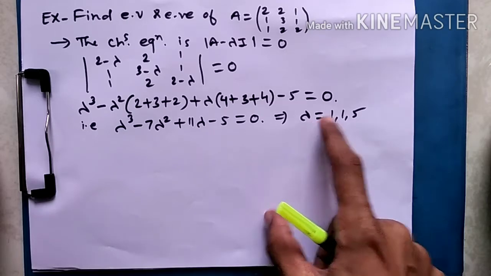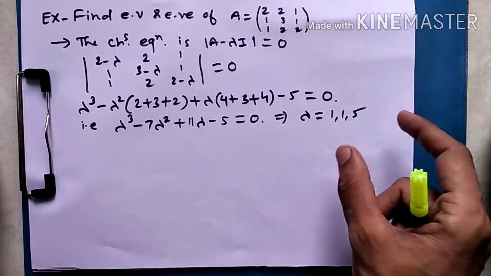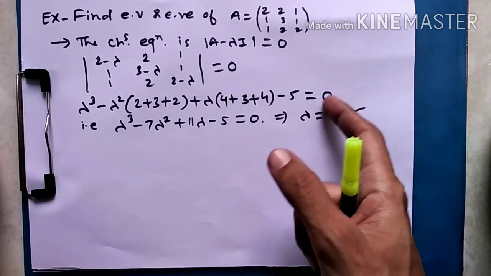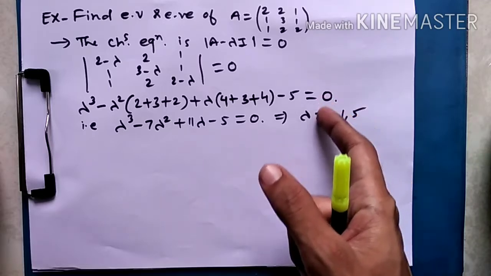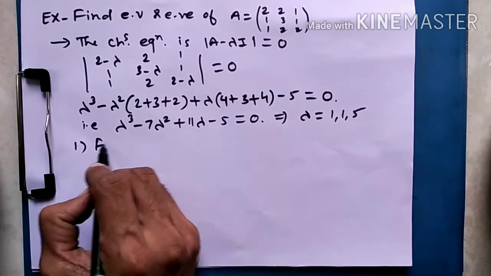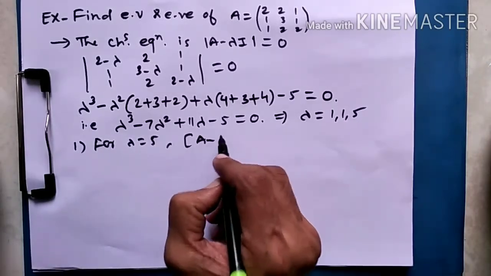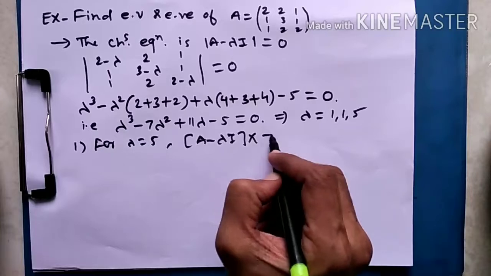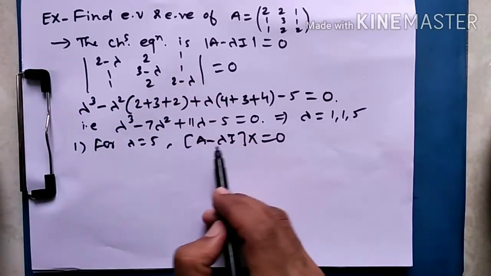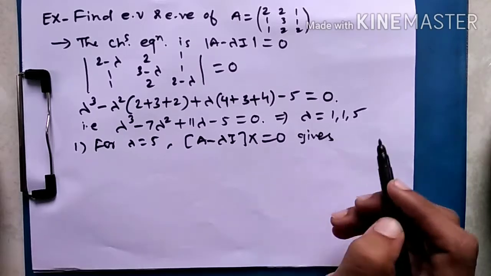Okay. So what we will do, firstly we will find the eigenvector for this 5 as it is not repeating. So here it will be exactly the same procedure. Then we will discuss how to find eigenvector corresponding to this repeating eigenvalue. Okay. So first is for lambda equal to 5, we will solve the same thing which we solved in the first problem to find eigenvector. A minus lambda I, same thing again, but in the form of matrix, into x equal to 0. So we need to solve this.